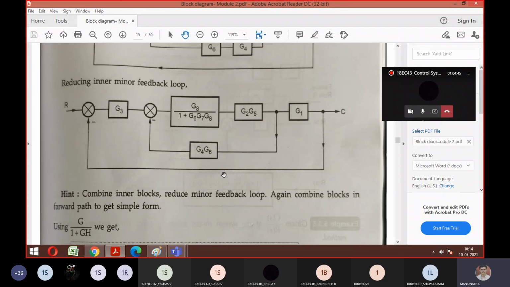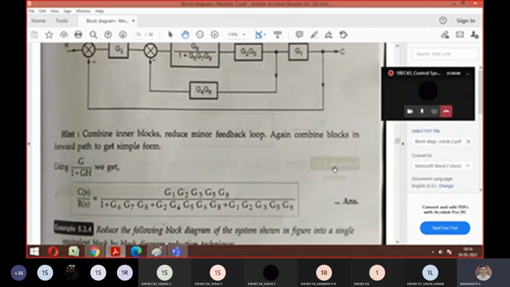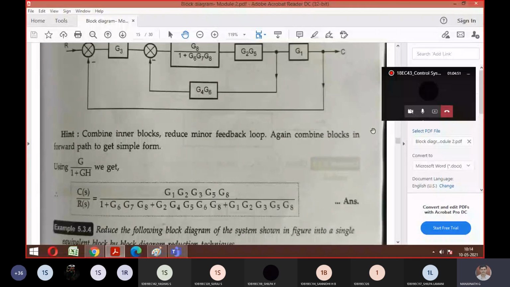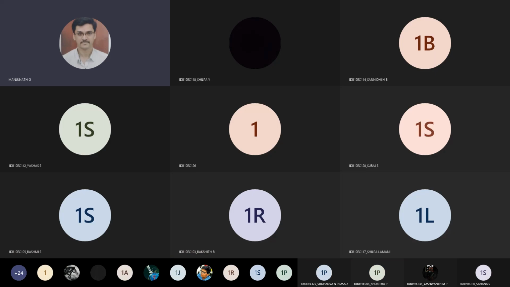Is it okay to everyone till here? You just make a note of the answer and try to write the block diagram. If you find any difficulty, let me know. Just write down the answer and you can trace the diagram. Is it okay till here? Yes, sir. So let's stop here. Any difficulties, anyone? We tried to understand different levels of problems today. I hope everyone understood that.